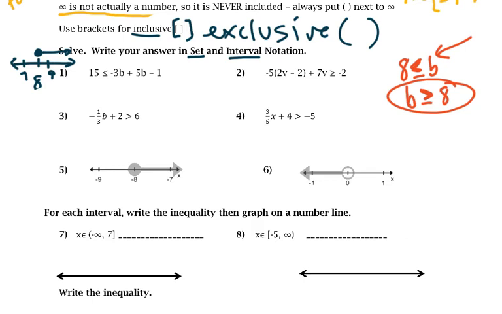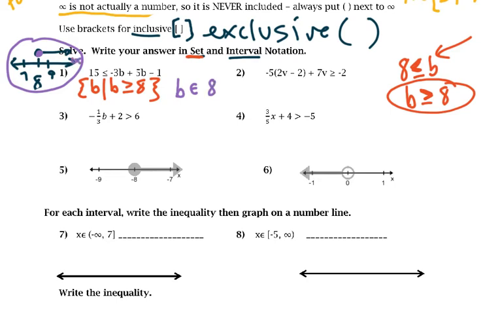So for my set notation, I'm going to write b such that b is greater than or equal to 8. And that's my set notation. Now for the interval notation, that's why I thought it would be helpful if you draw this. You can choose not to, but then you're very likely going to get this wrong, especially here at the beginning. So you're going to write b is an element of, and then my interval starts at 8, and it